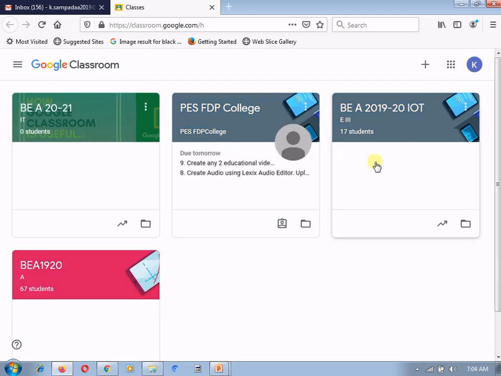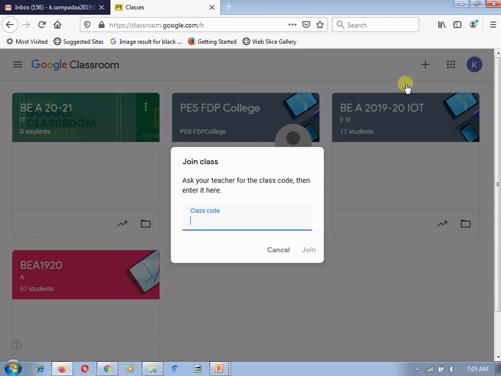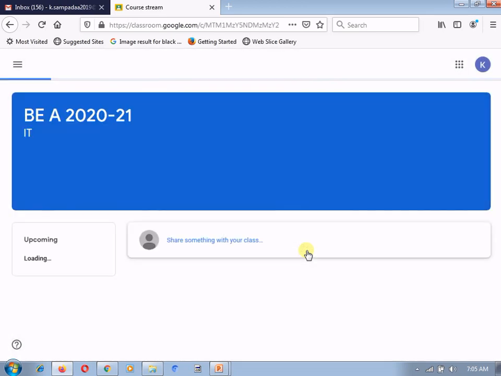In this Google Classroom, you can see that whatever classrooms I have joined previously will appear over here. But currently I want to join some different classroom. So I will click on this plus sign and select join class. Please keep in mind, I am playing the role of a student right now. It will ask for a class code. Whatever I have copied on the clipboard, I am pasting over here and clicking on the join option. This will help me join the class which is created by my teacher.